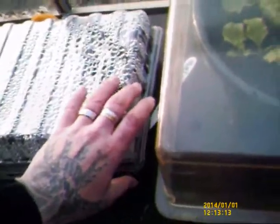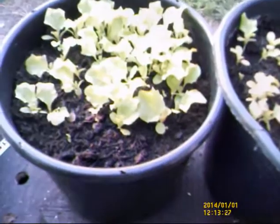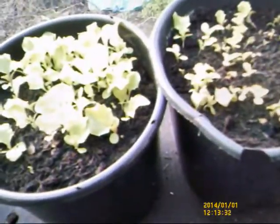Here's my lettuce, doing really well. Yeah, so I think I'm just going to leave them to grow, and just as and when they get big enough to eat, I'll just chop some off and then just let the next ones grow. Hopefully I'll just keep them in pots for quite a few months and just keep pecking away as I can. I think it's going to be a warm day today because the sun's out, so